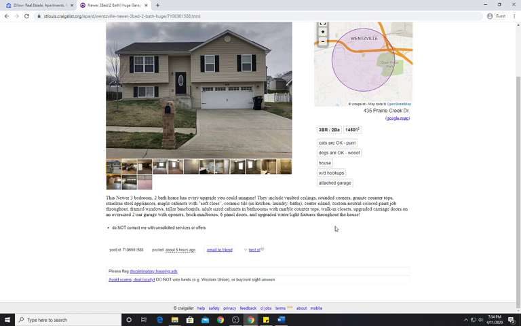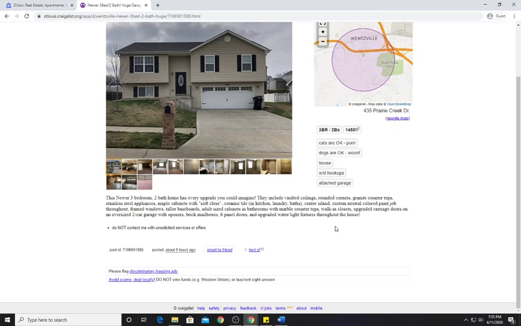They include vaulted ceilings, rounded corners, granite countertops, stainless steel appliances, maple cabinets with soft close, ceramic tile in kitchen, laundry, baths, central island, custom neutral colored paint job throughout, framed windows, taller baseboards, adult sized cabinets in bathrooms with